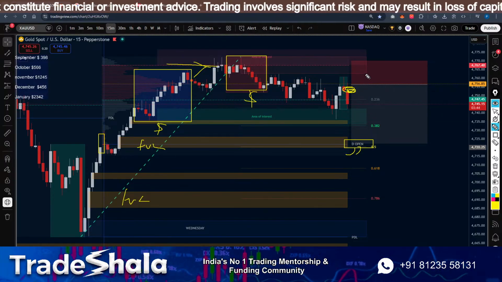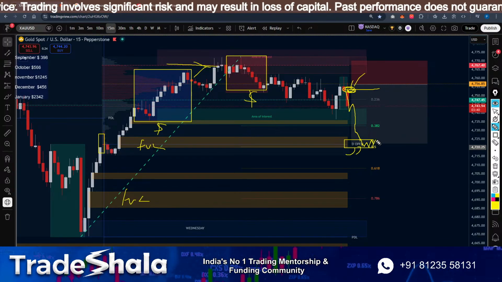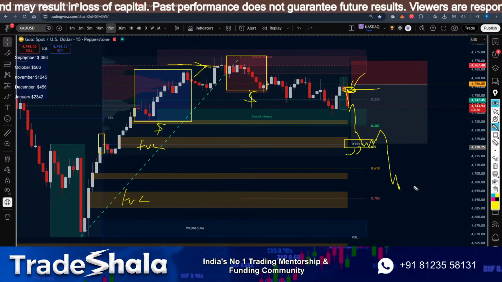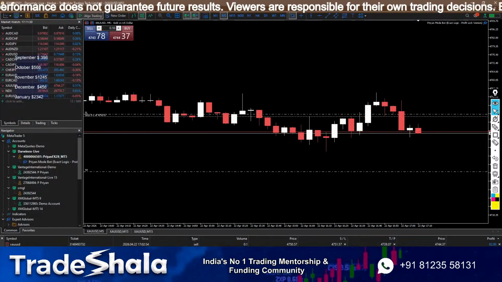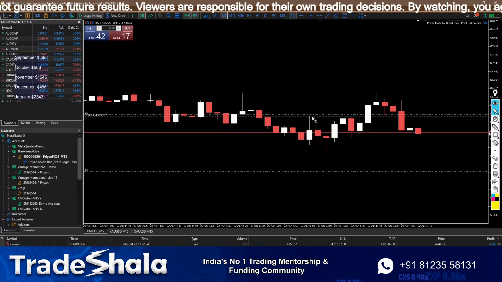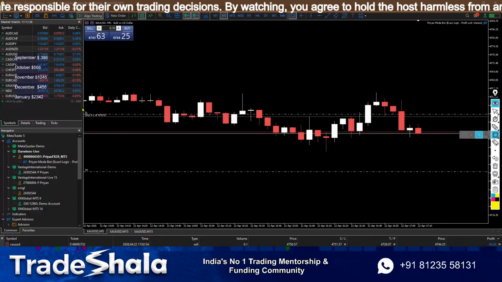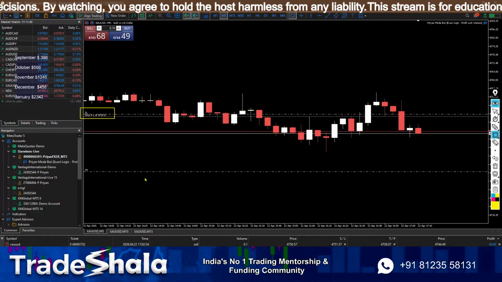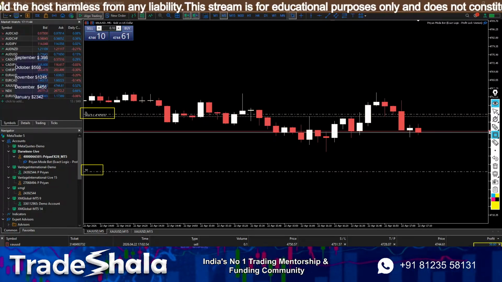So we have entered over here and we are expecting price to break till Asia low, hit this fair value gap, come like this, come till here. This is a safe TP and we will let it run. Currently our position is over here. I've already punched in 0.1 lot sell on gold, and the stop loss is now near break even. And the TP is right over here. Currently we are $50, $60 in profit.